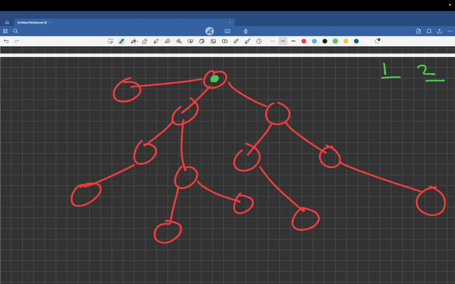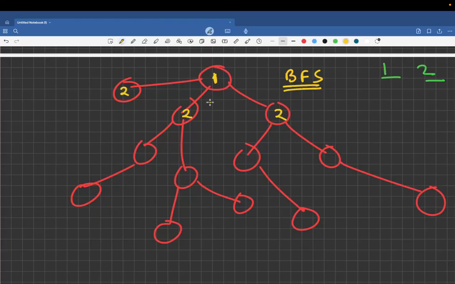Let me just erase this. Okay. Let me just mark this with 1. So its adjacent can't be marked with 1, right? So its adjacent will be marked with 2. So see what I am doing. I am simply doing a BFS traversal. You can do it via DFS as well, no offense in that. But BFS is the direct traversal technique that suits over here. So I am just explaining via BFS.